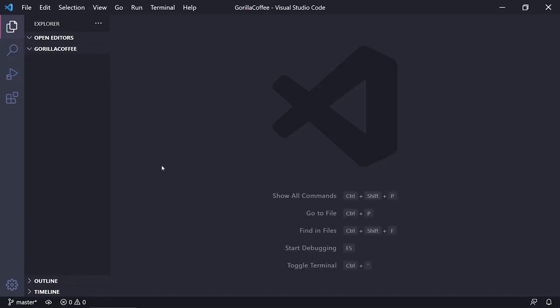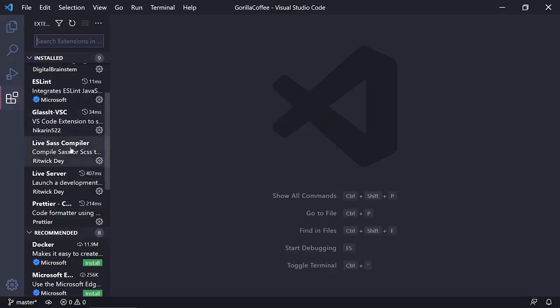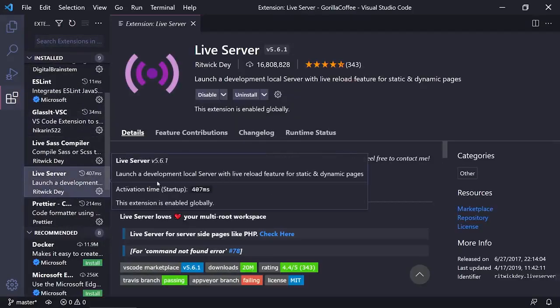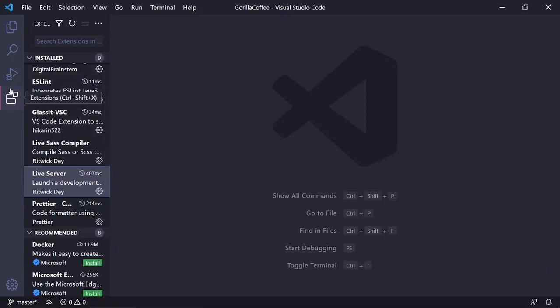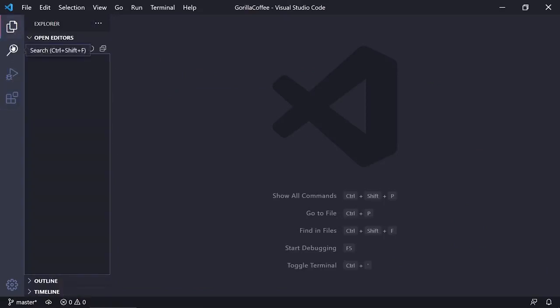And one thing that I want to mention before we start is that I will be using an extension. So if you click on extensions, the extension that I will be using is called the Live Server. And the reason I like to use this extension is because every time we make a change on our website, it's going to automatically refresh the page for us, which is great. So it saves us a little bit of time. You don't have to have it, but it's really nice. I'm going to close this and remove the extensions, go to the Explorer, and we can start creating our project